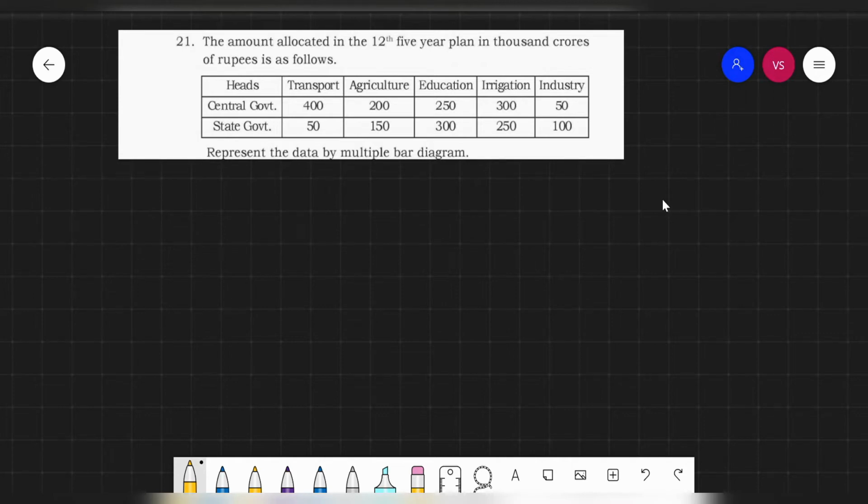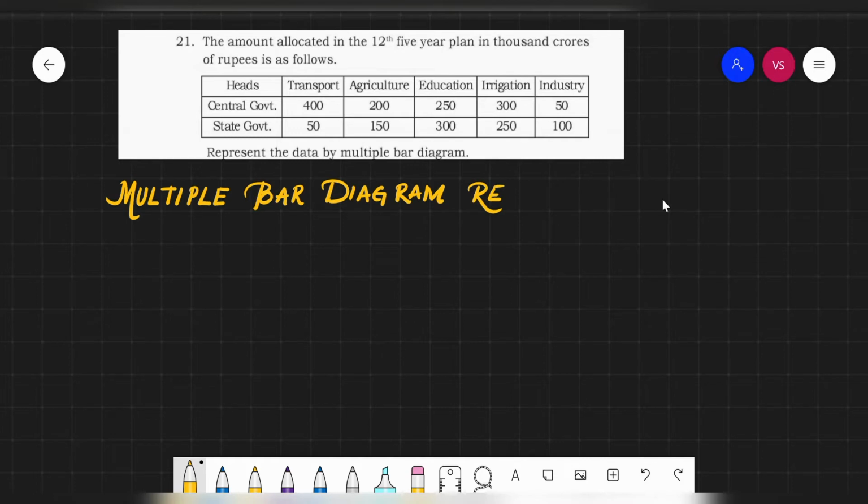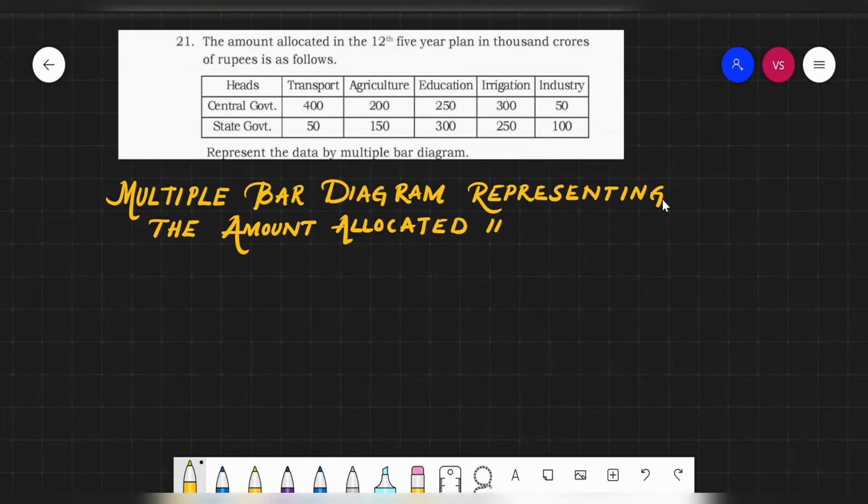What should be the title? The title is very clear. I can start writing it as multiple bar diagram representing the amount allocated in the